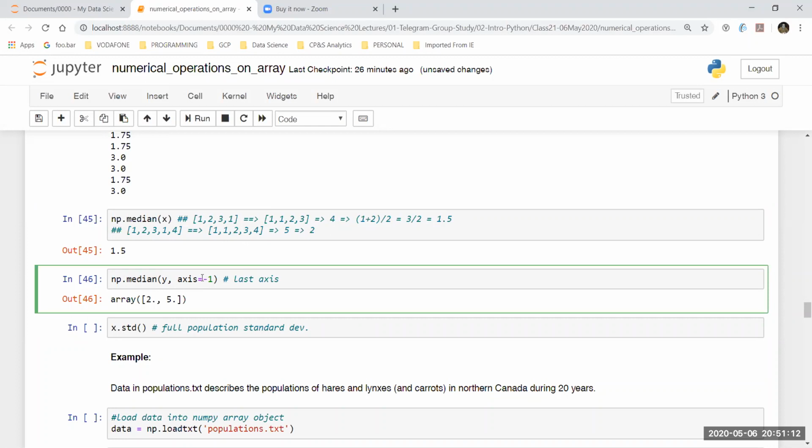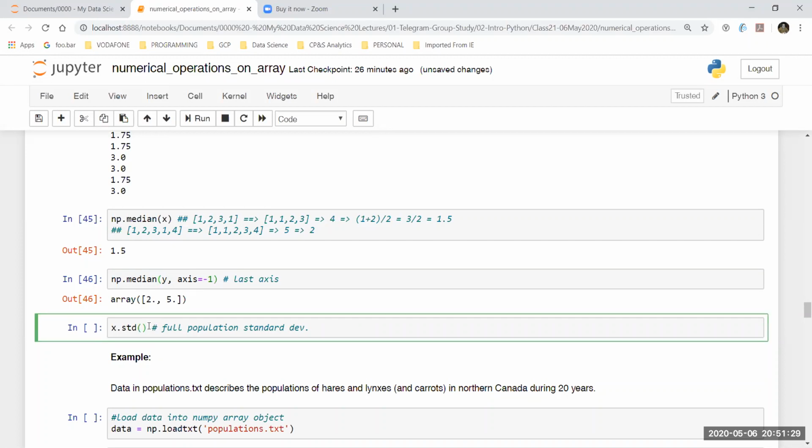So the output of a median that is expected is a single number. In this case, it is not a single number. In this case, it is a list of two numbers. So we can find out why this is a list of two numbers, but this will not be frequently used. So this is just for reference that we do have such kind of options there as well.